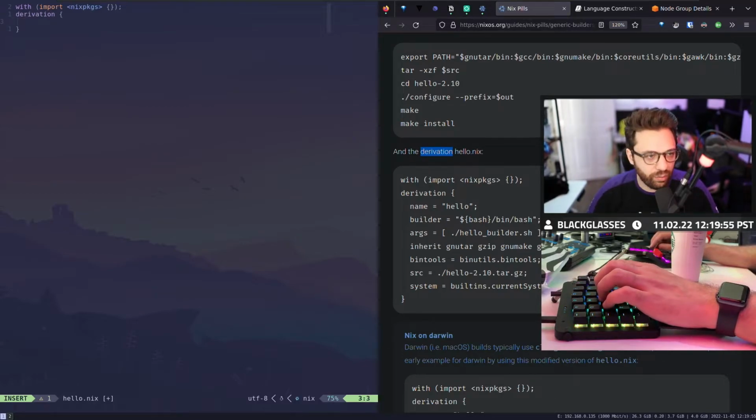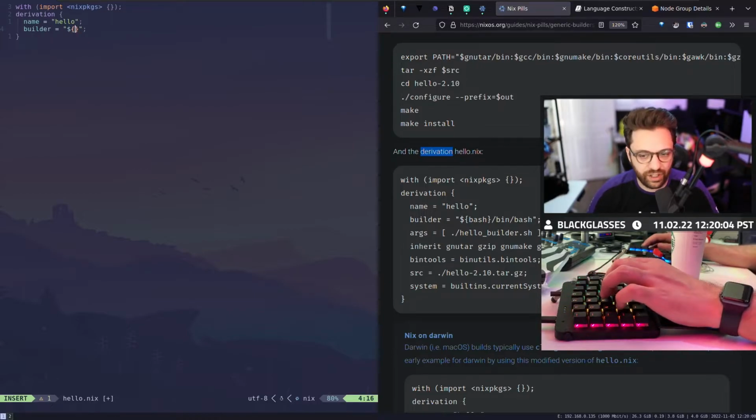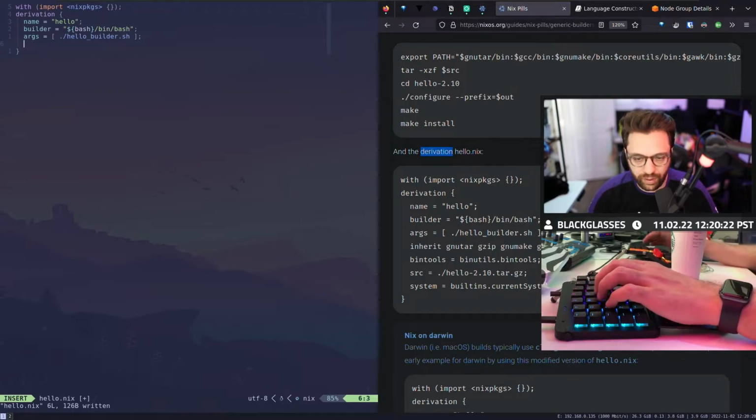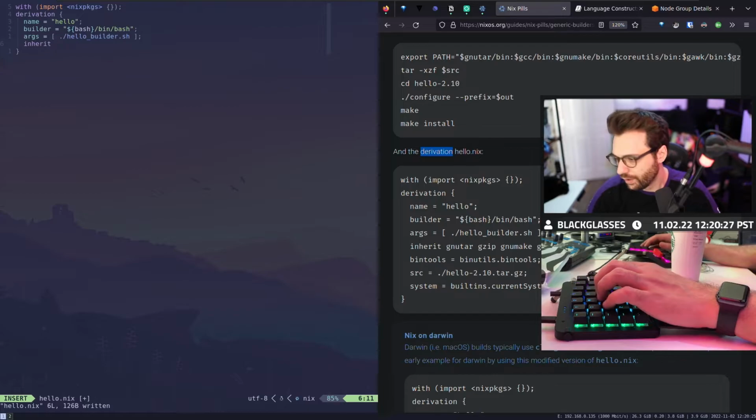Okay, cool. And so we're going to say name equals hello, builder equals, and again, this is that configuration I was telling you about, versus the imperativeness of copying and pasting. We're actually creating something in a language that takes parameters, and these parameters might differ depending on whatever we're building. Right now, these parameters will be focused on what we're trying to build for hello world.